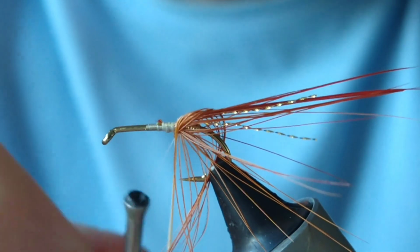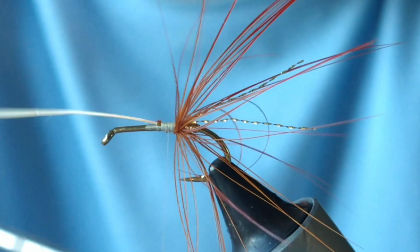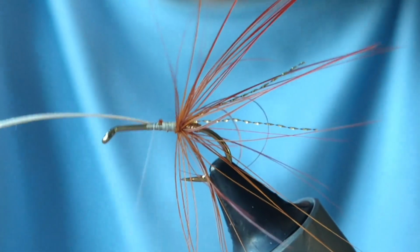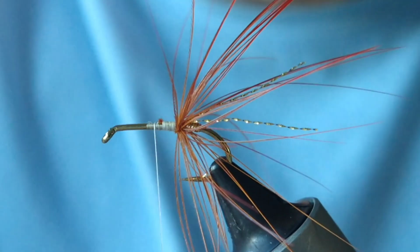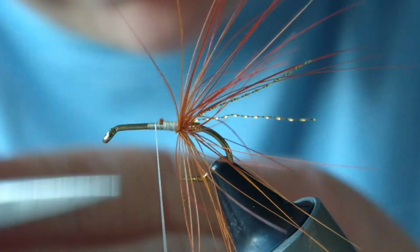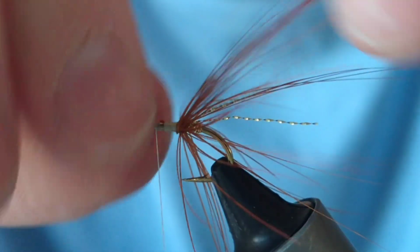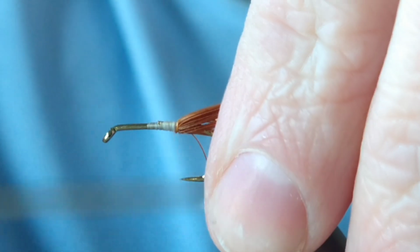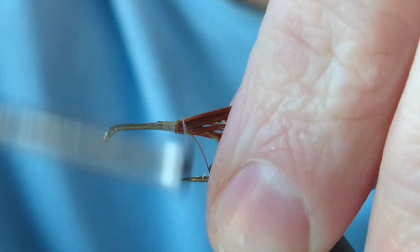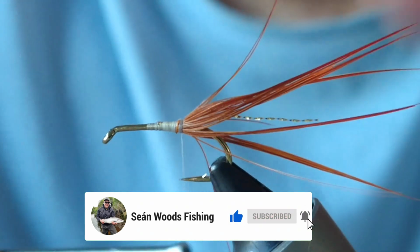Okay, now then, screw that in using your thread, and then again bring the stock up for neatness. Now, what I'm going to do is just have a look at those fibres. Make sure that they're well spread out. Okay, and then I'm going to hold them back, and I'm going to bring the thread over them. And that'll give me a more secure hold, so the thread's holding it, and not the stock. As well as that, it also kicks out the fibres, so they can pulse